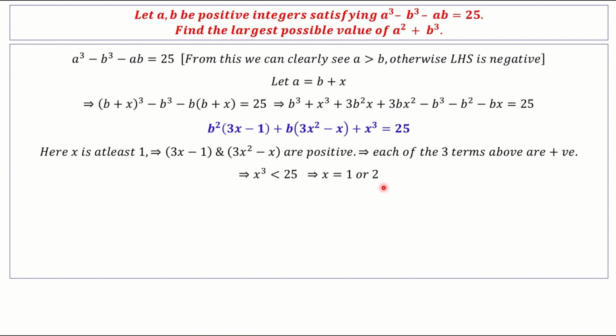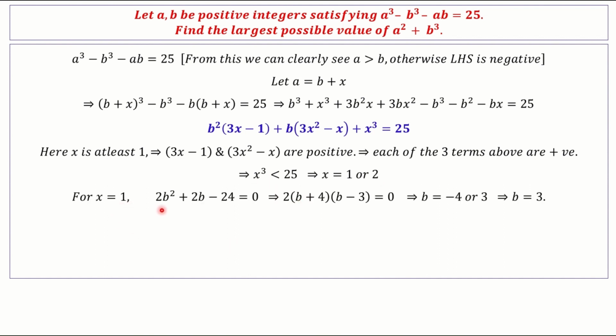Which means the maximum value you will get is x equal to 1 or 2. Why am I taking only the x cube value here? It's because I only have to try two values. Now, x is either 1 or 2. If you take x as 3, it will become 27. Right? So for x equal to 1,